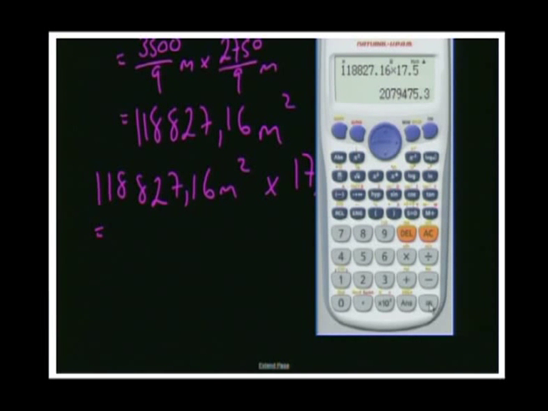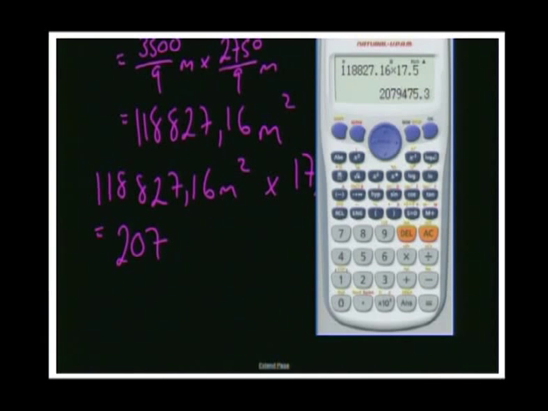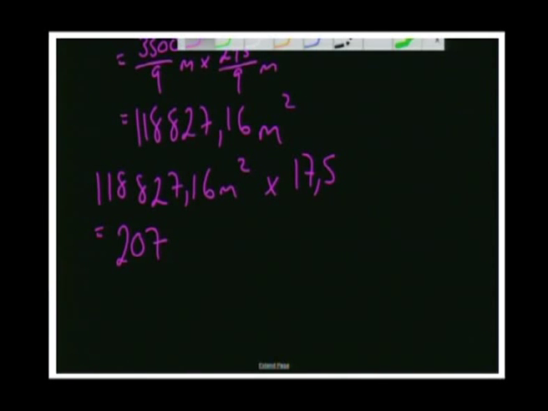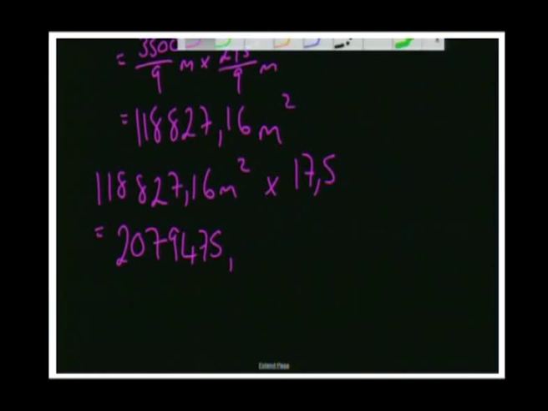Now I've got to try and remember this because every time I touch the screen it disappears. Let's work in smaller numbers because that's what I like to do. My brain's small, I work small numbers. So 2,079,475.3